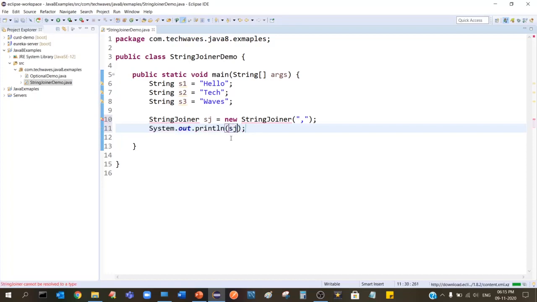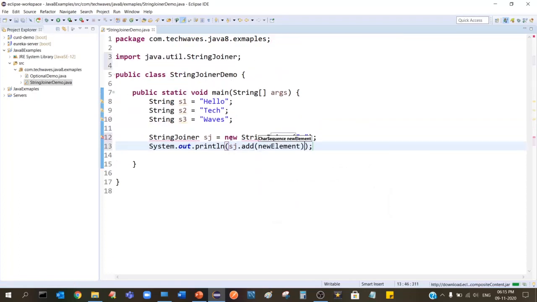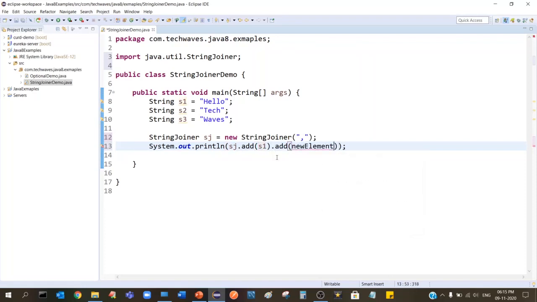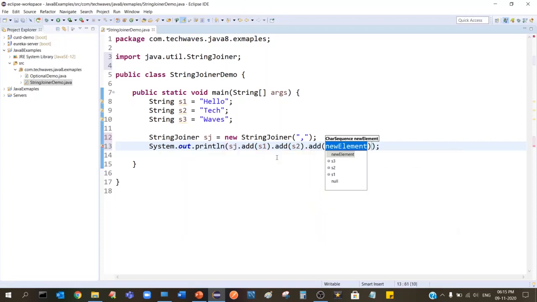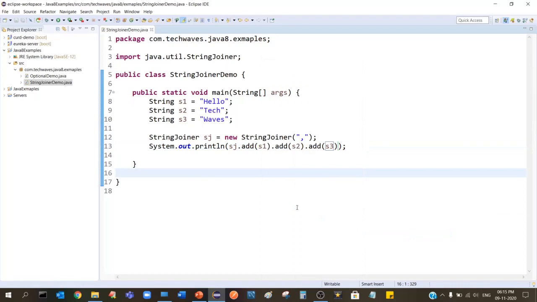So sj.add, you have to call the add method to concatenate. And what is the string you want to add? sj.add(s1), then .add(s2), and .add(s3). I save it and I run as Java application.